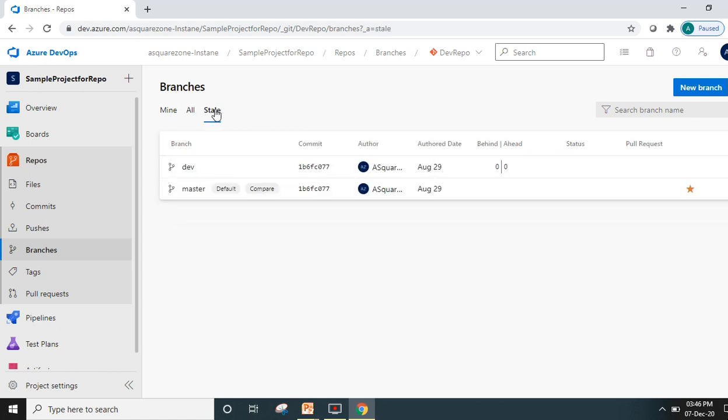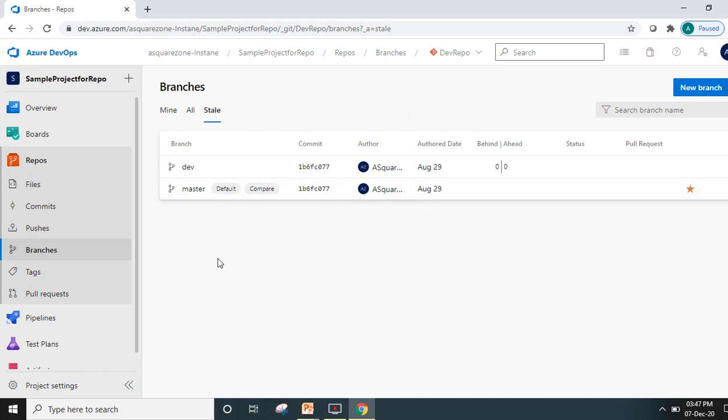And still here, this is based on recent modifications, like it lists branches in the repo that have not had any commits in the last 3 months or longer. Its date is showing August 29th, so it's more than 3 months.